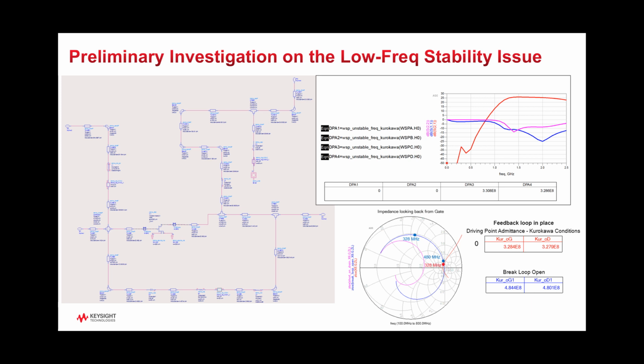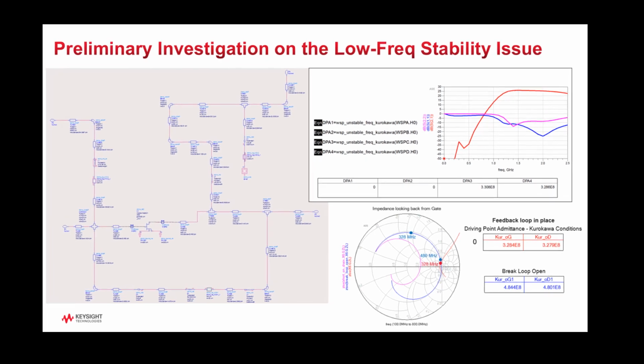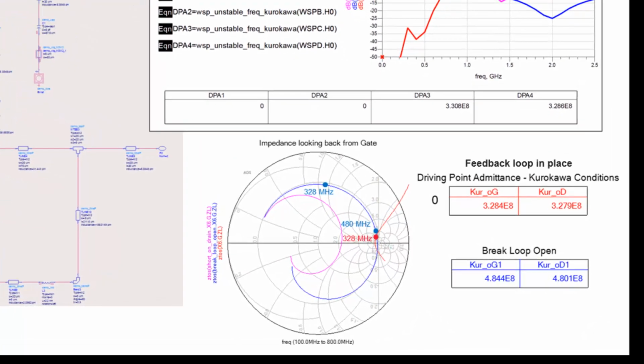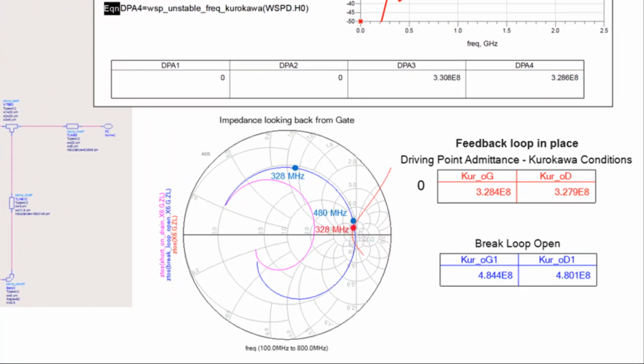In other words, the problem could be related to a transistor level instability that happens for a specific loading condition, which the circuit happens to stimulate at that low frequencies. It just happened that the loading at the gate around 330 megahertz moved to an open on the Smith chart, and this could have been a result of the FET model used from the demo kit, which I used in this design.